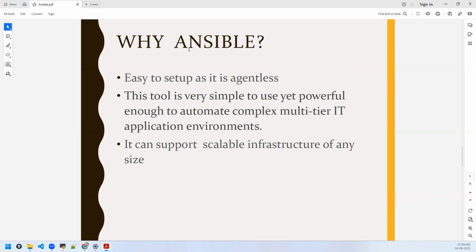And why Ansible when you have so many configuration management tools? Basically, it's agentless. The tool is very simple. Preethi, on the previous slide,